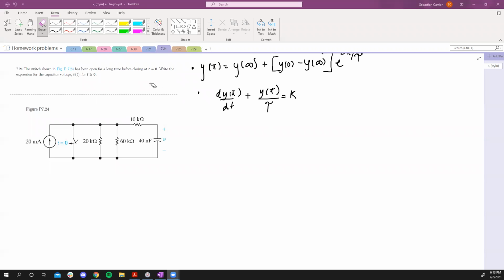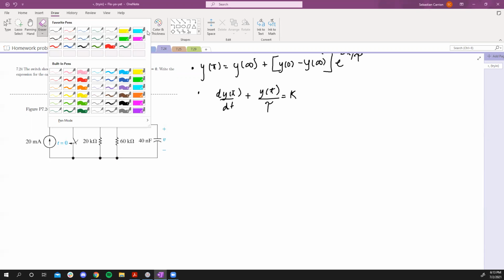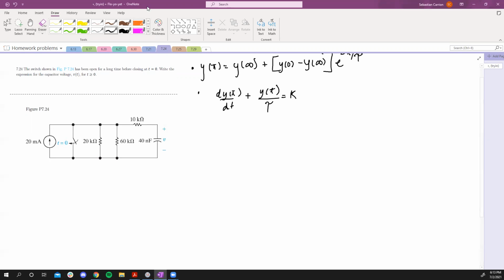Okay. Problem 7.24 says the switch shown has been open for a long time before closing at time equals 0. Write the expression for the capacitor voltage V(t) for t greater than or equal to 0. All right, so